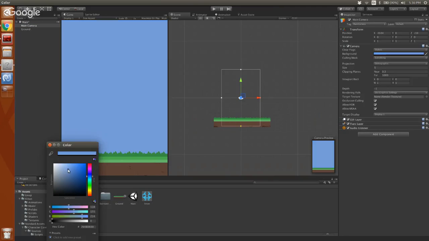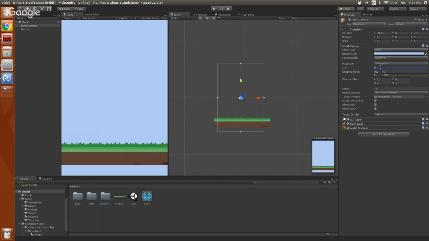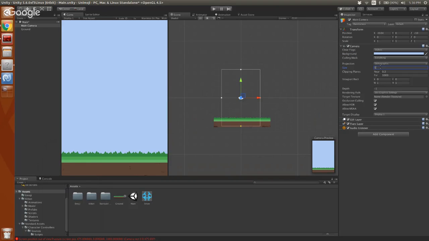Click this, and I'll change this to a lighter, maybe a very light blue, so it's a little more clear. And there's a whole bunch of other camera properties on here you can play with that do different types of rendering. You can resize the camera, so if you wanted it to be bigger or smaller or whatever, all your camera properties are just on this main camera object.